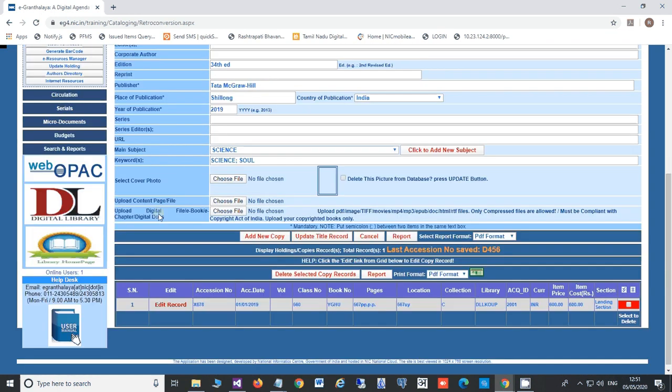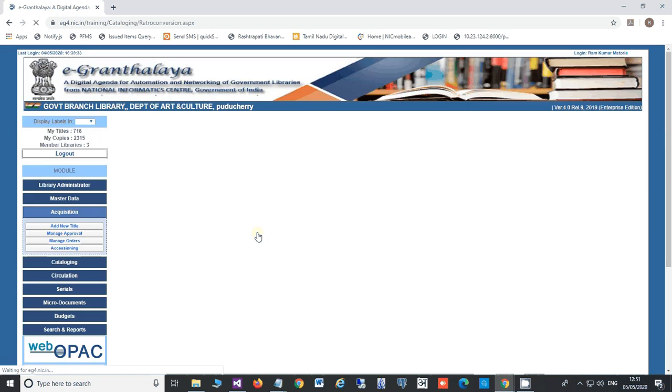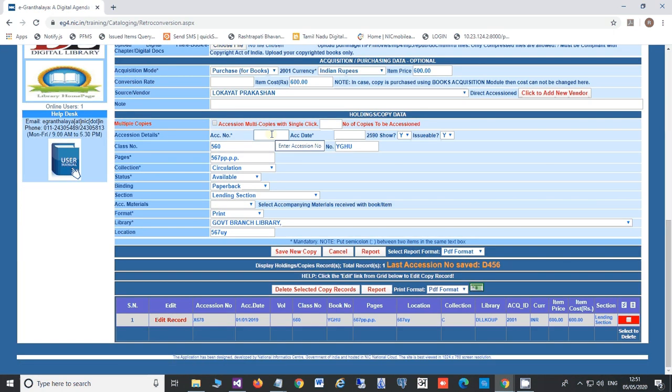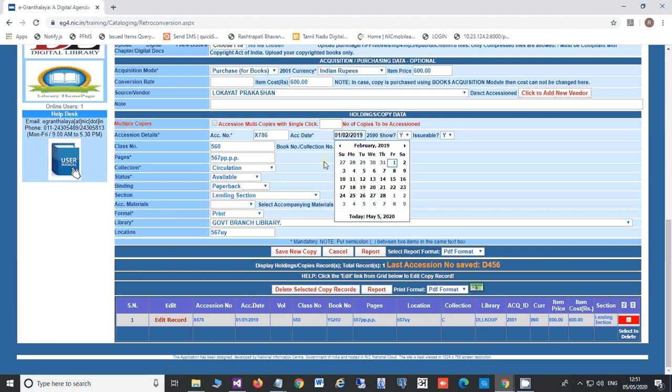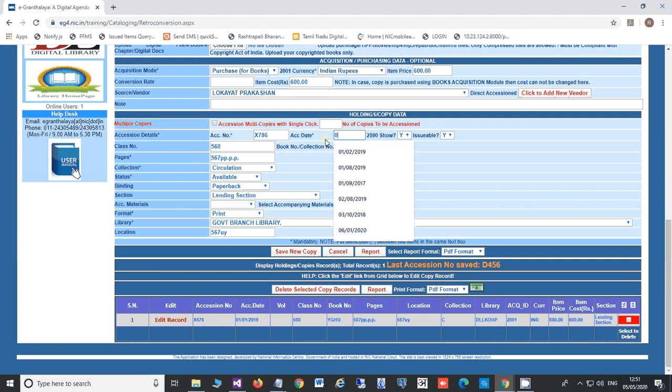Just go to the bottom and add new copy, where you need to type your accession number and other details, and type other details whatever you need.